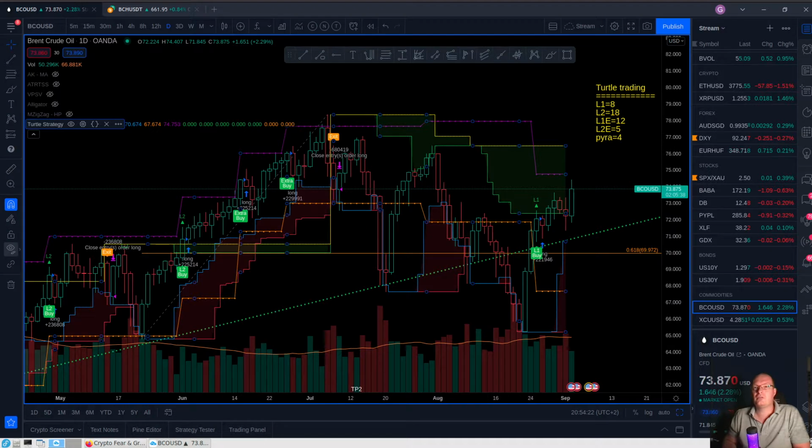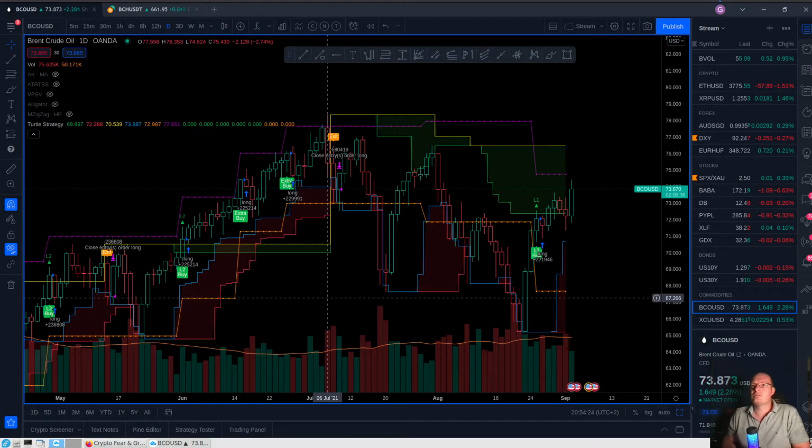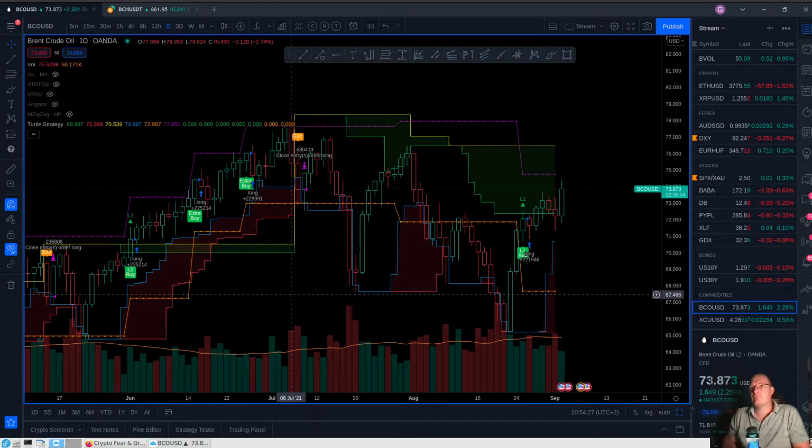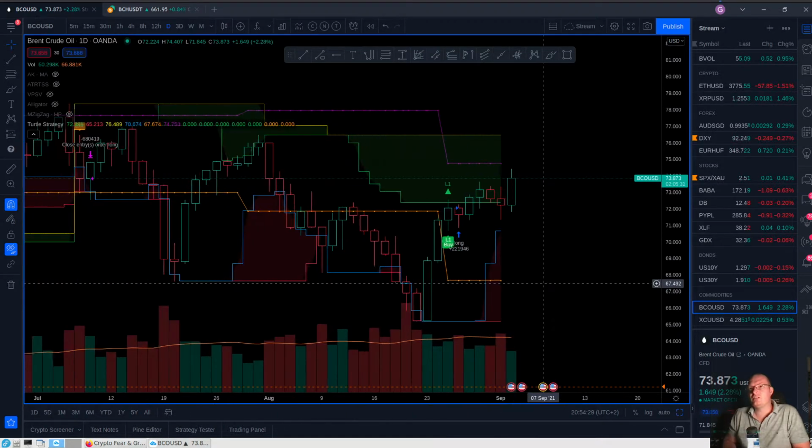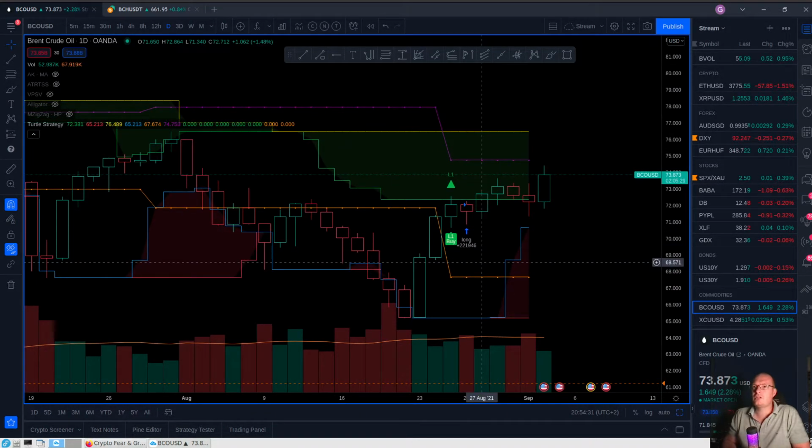Do I have drawings on? Yes. So what do we see here? Here we get the buy signal, and so we enter the long position over here at the open of the red candle,